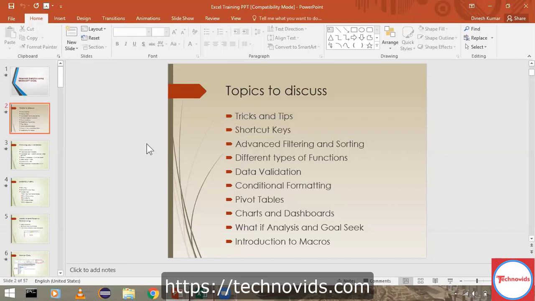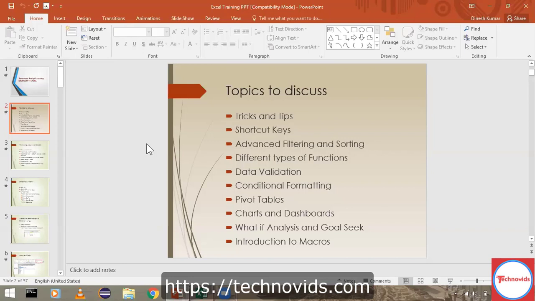But macros itself is another concept altogether. It's a different training program altogether, wherein all the programming concepts will be taken care of. But in this current session, we'll just give an introduction of what exactly a macro is and how to work with that. So these are a brief overview of what exactly we are going to do under our training program.